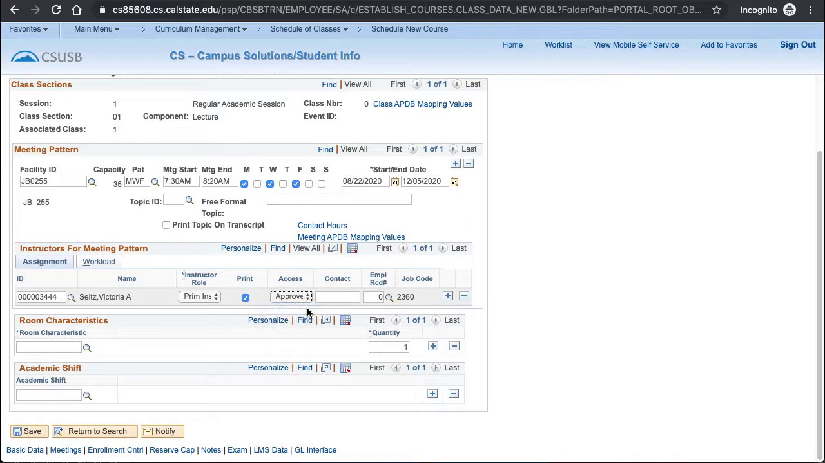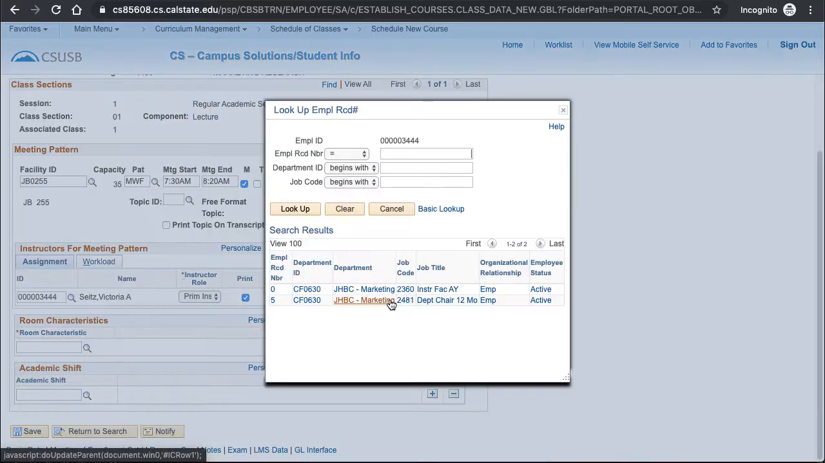Next, you need to enter the employee record number associated with the faculty. Click on the magnifying glass to bring up the lookup. Choose the appropriate record number. For Dr. Seitz, Record 0 is her teaching record, which is indicated by the job title, and in this case, Instructional Faculty Academic Year. Clicking on anything in that top row will populate the employee record number and enter the